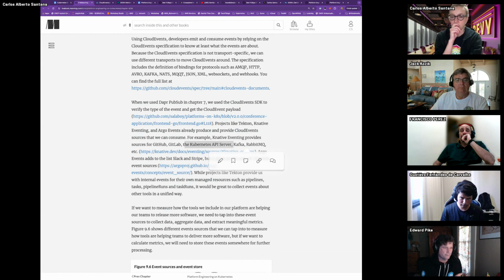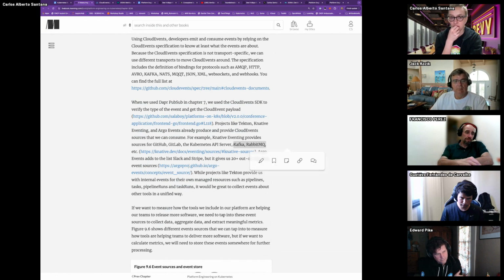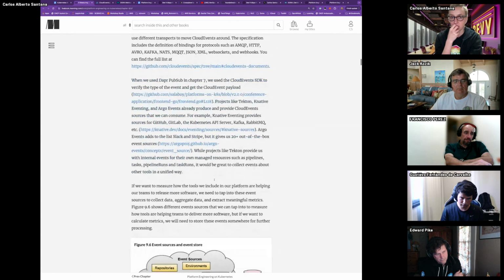In Kubernetes, if you do kubectl get events, there are objects recorded in etcd. So Knative Eventing has a source that will take a Kubernetes event and convert it into a cloud event. And then Kafka and RabbitMQ are the other examples that he has.